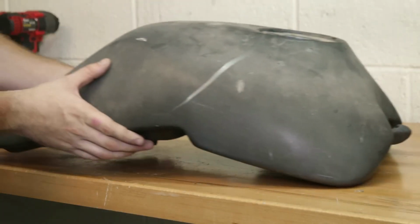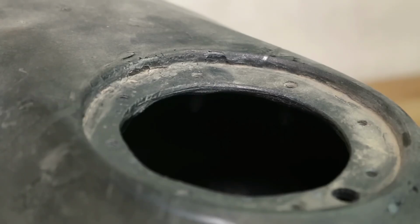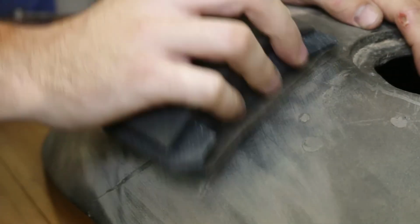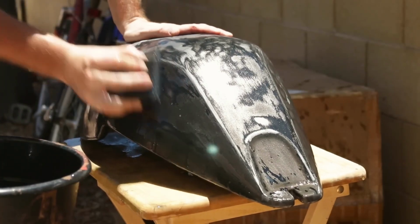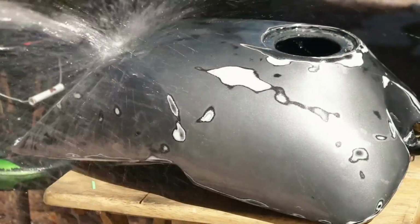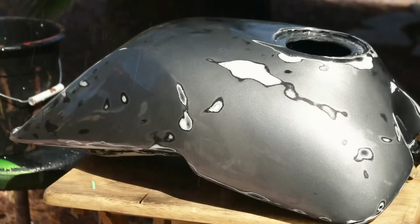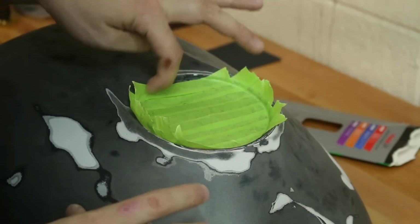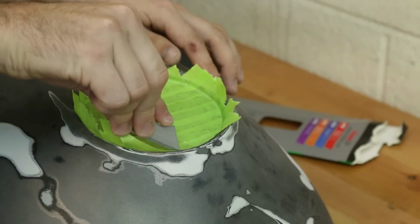Anyway, once that was sorted, he moved over to the tank. After giving it some hard scrubbing, sanding, and a well-deserved cold bath. This, of course, revamped the look of the tank. More importantly, it allowed the restorer to assess the state of the faded paint, and as you can clearly see,